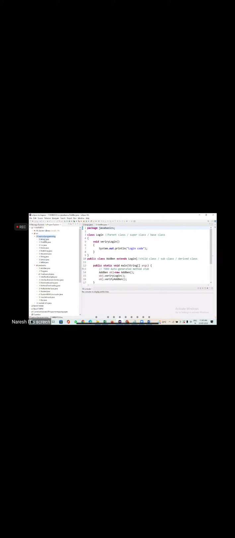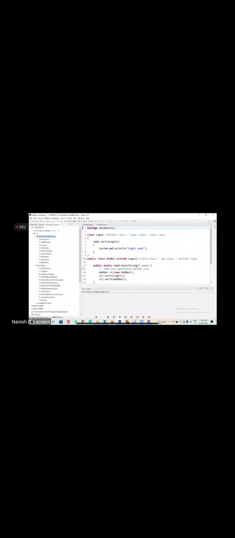I wanted to import Arrays. So what do I have to say? Import package name dot class name. Which class? Arrays. So what is it going to do? It is going to import only one class. Dot star imports all classes. Dot Arrays imports only one class, whatever class you wanted to import. This is the best option to use. It is suggested to go this way, so that it will not try to load all the classes. It will try to load only one class.